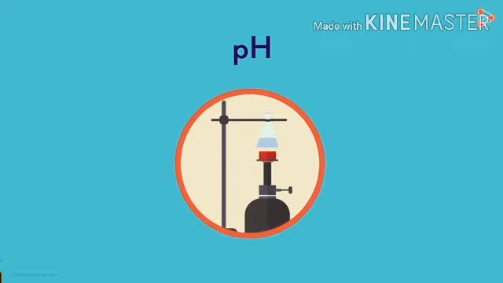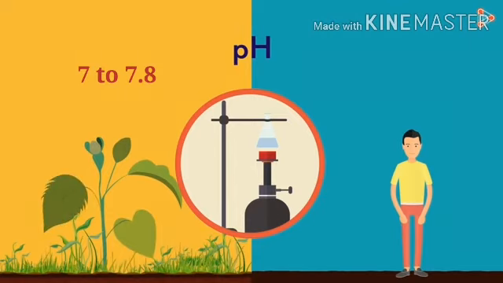Now let us discuss the importance of pH in our daily life. In our daily life, we come across several instances in which we need to know the importance of pH. Do you know that our body works with a pH range of 7 to 7.8? All living organisms can survive only a narrow change in the pH range. So it's important that we maintain the pH range about 7 to 7.8 for normal functioning.